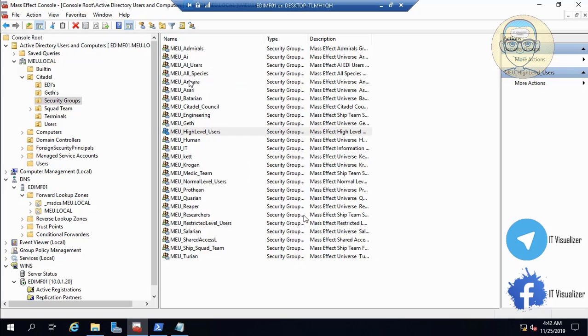Here you can see that everything is in order. Normal users, researchers, restricted, shared access. Okay, Turonian. You remember the Turonians, these are the ones that